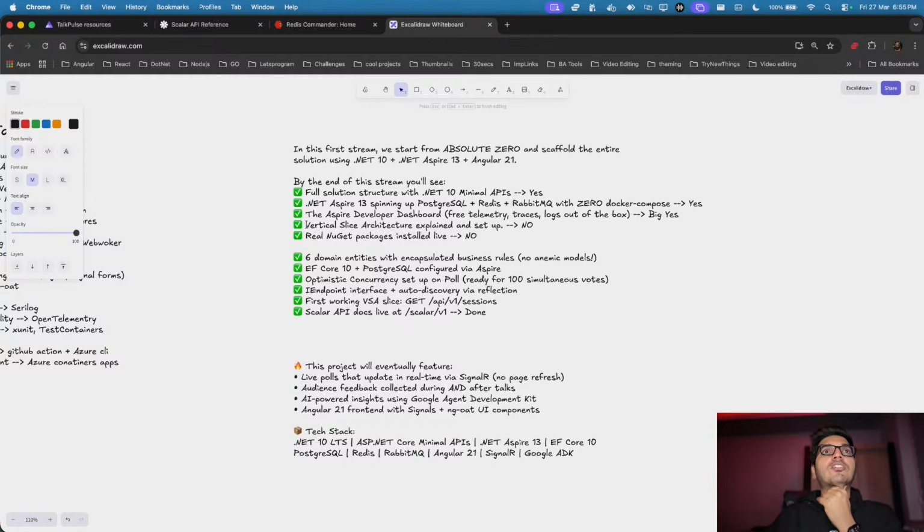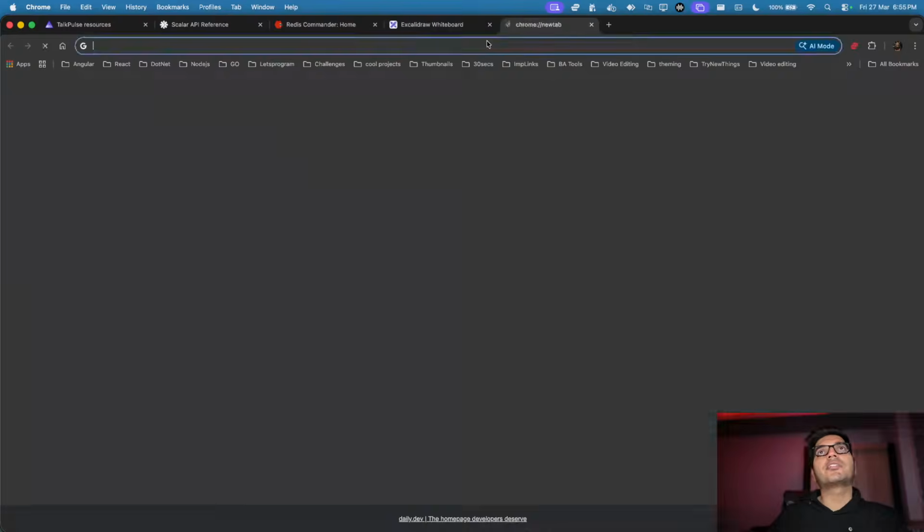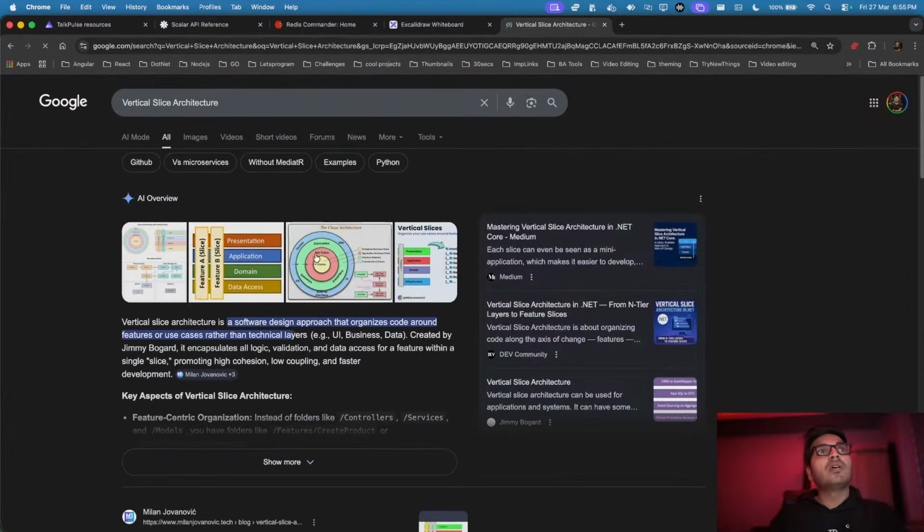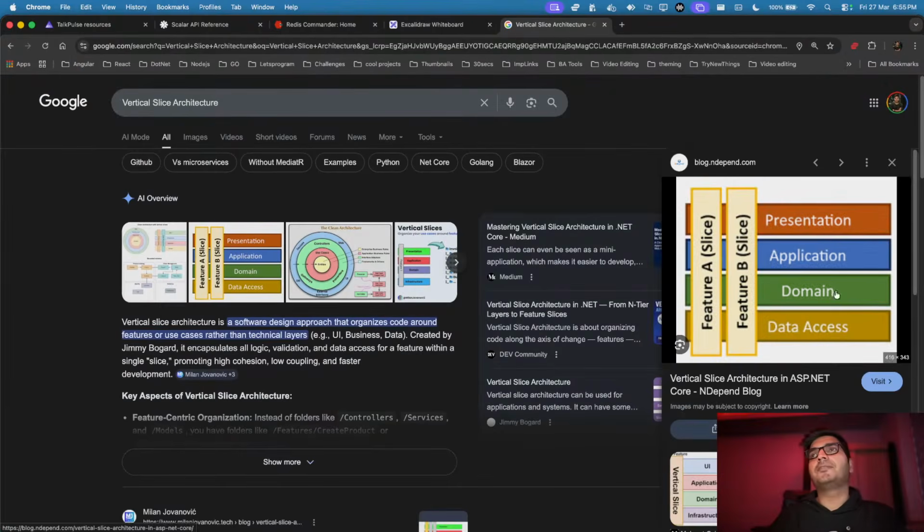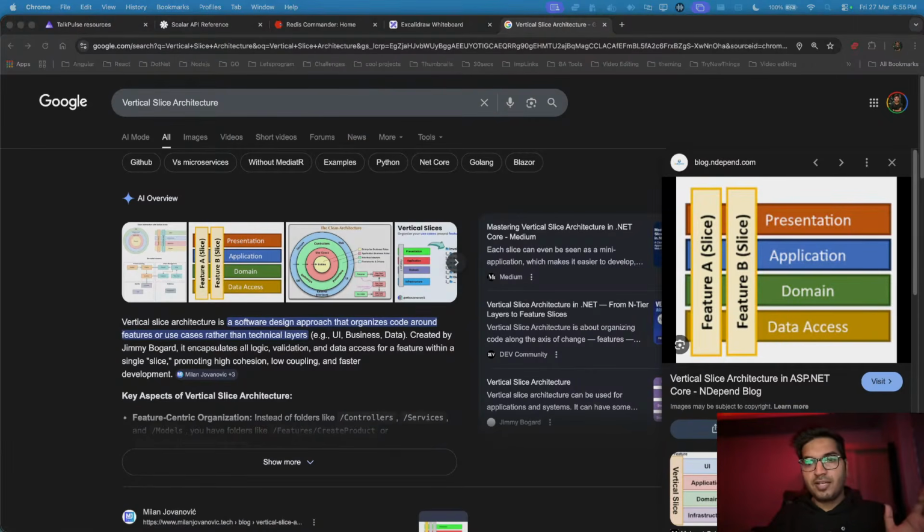Let's focus on this topic now: what is vertical slice architecture? In terms of this, basically what you do is you try to divide your feature into different slices. Okay, the moment you see,